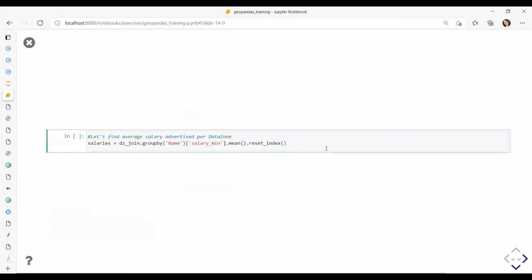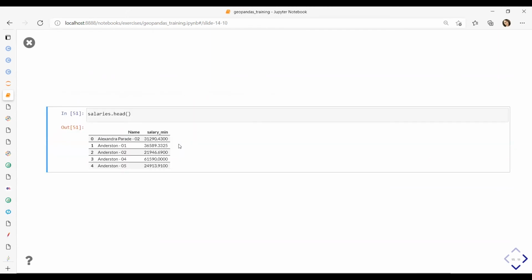Right, let's find the average salary advertised per data zone. To do this, I'm going to use group by. I'm going to group my data set by data zone name, and I'm going to find the average value of the salary min column. Let's have a look.